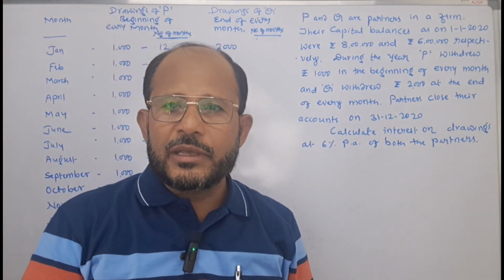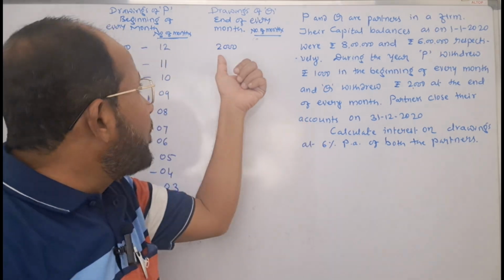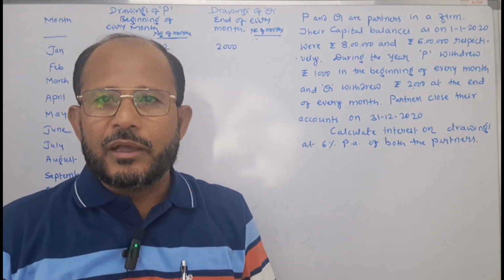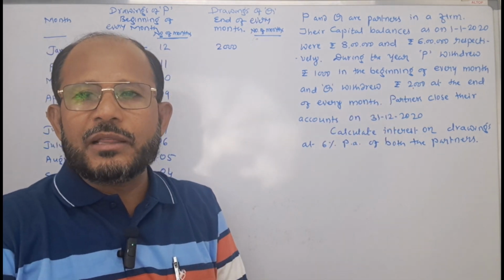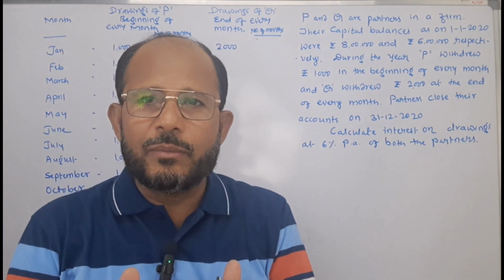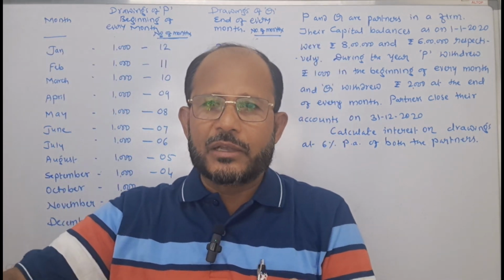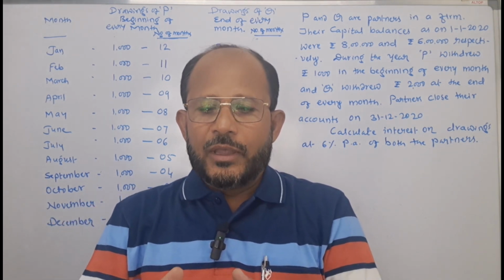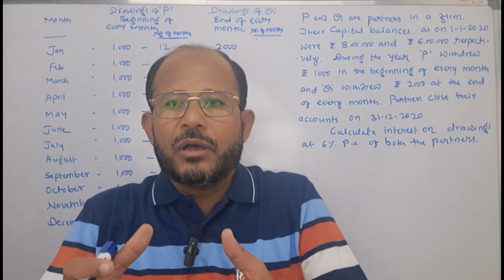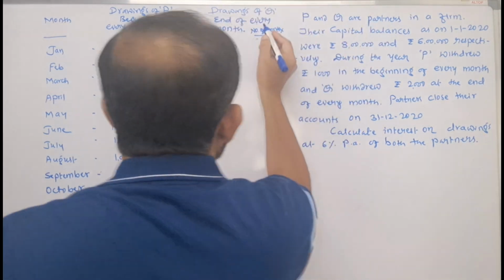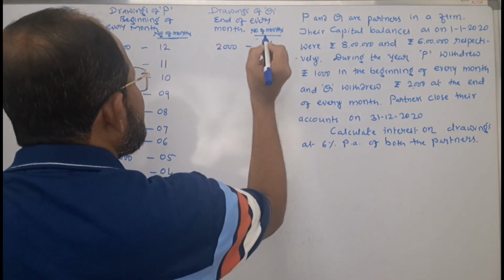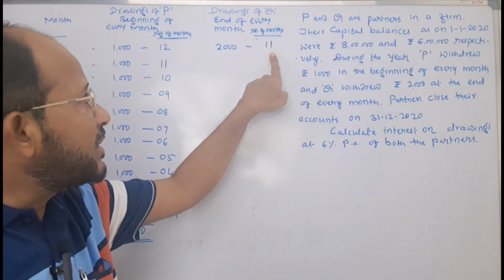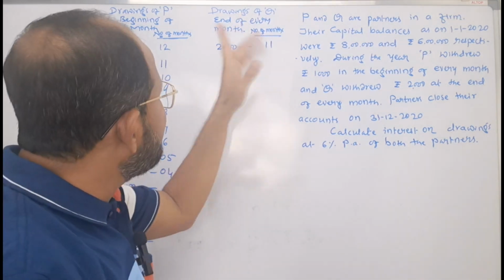But for how many months he has to pay interest? Since the amount is withdrawn at the end of January, that month is not supposed to be included. That is why in that particular year, how many months are there? 12 months. In the accounting year, 12 months are there. Therefore, 1 month has already passed. That is on 31st January, he has withdrawn the amount. Because of that reason, here interest is to be calculated only for 11 months, not for 12 months. That is why here number of months or the period for which the interest is to be calculated, I write. See, on his first drawings, only for 11 months interest is to be calculated because amount is withdrawn at the